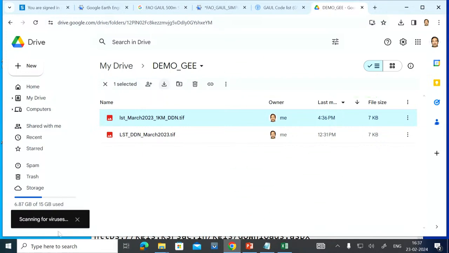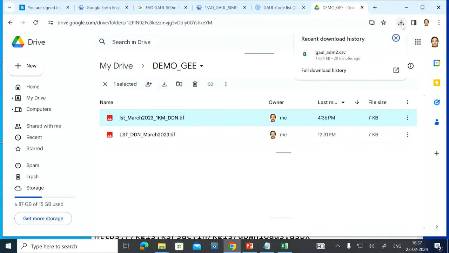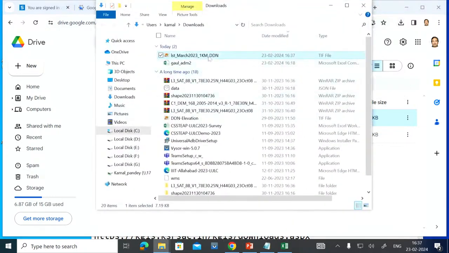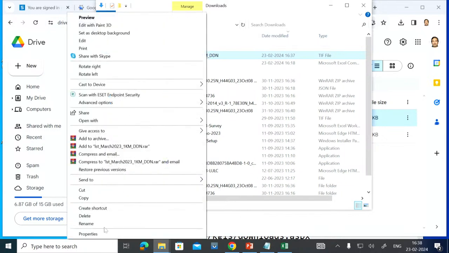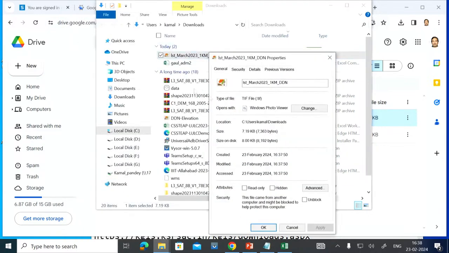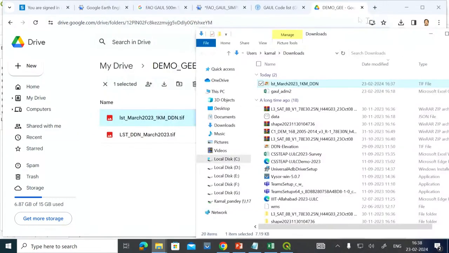So your data will then be downloaded here. Yes, it will download it. Let us try to check it here. Yes, it has downloaded. This is the folder, first March, it has downloaded. File is of size, you can just check it here. Properties here, and then it is around 7 KB, a very small file basically for Dehradun district.